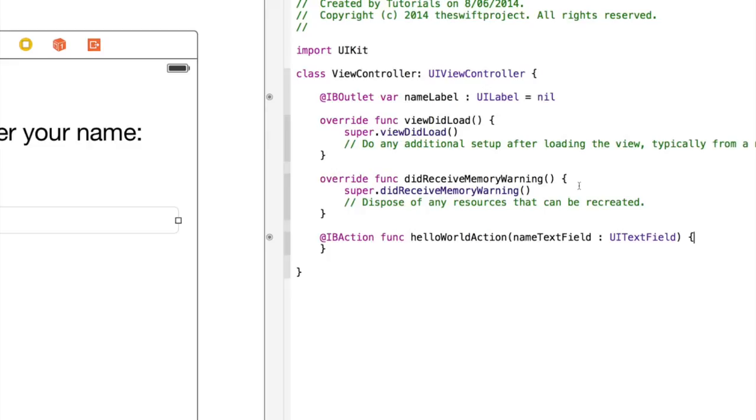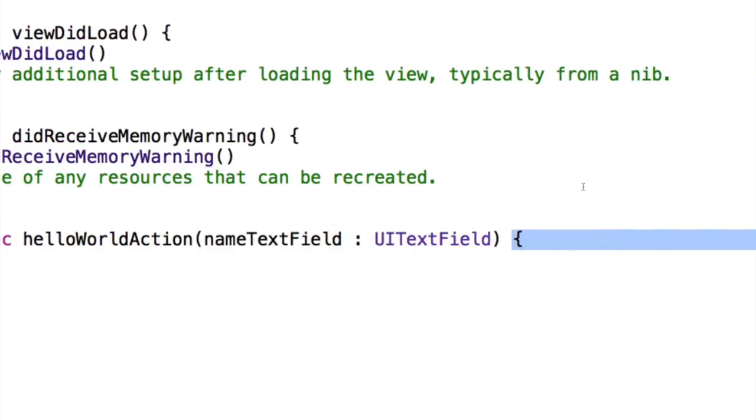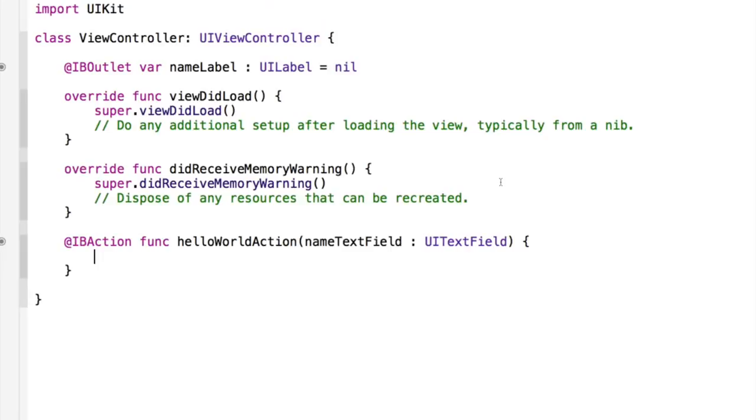So underneath the opening curly bracket, which is this curly bracket here, press enter, and inside the IB action, inside the two curly brackets, we can enter the code that we want to be performed when the user presses the return key. So let's think about this. What do we want the application to do when the user presses the return key? We want to set the name label's text to be hi or hello, and then the user's name. So let's do that. So we type name label, which is our label, dot text equals,